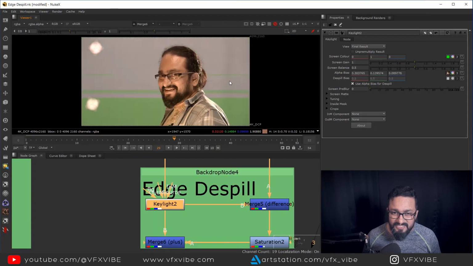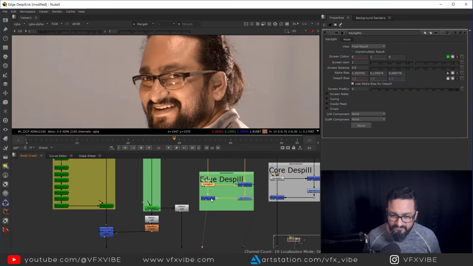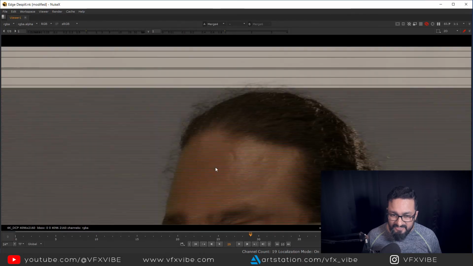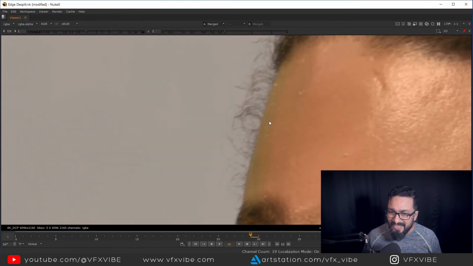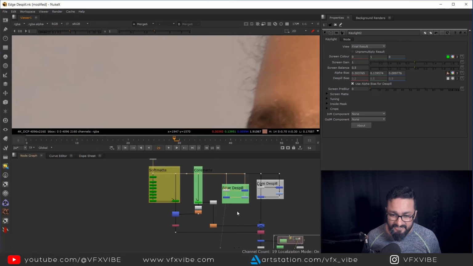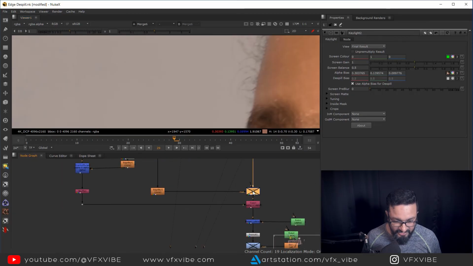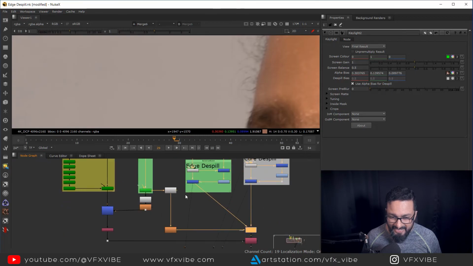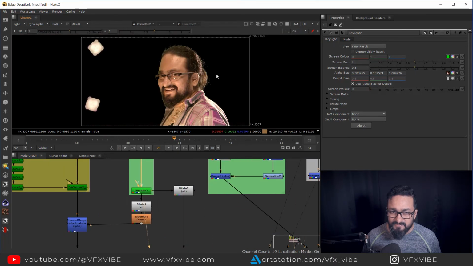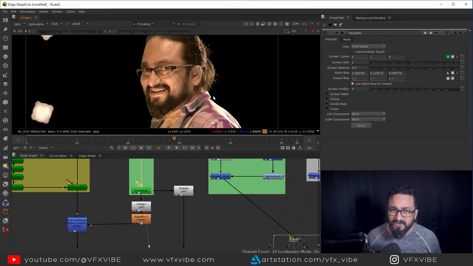Now, as you can see, let me show you the difference between this and this. This is my core despill where green is coming. This is my edge despill where I fixed the green kind of stuff, right? Now I can key mix it. So here I have a key mix. Let's use A over B, and to mix it, I have used my core despill